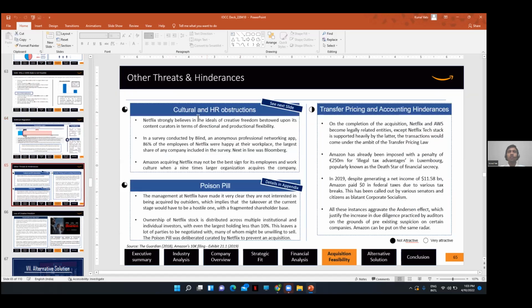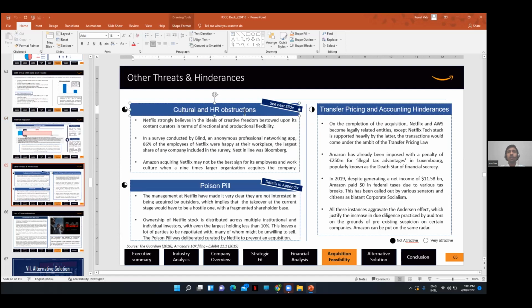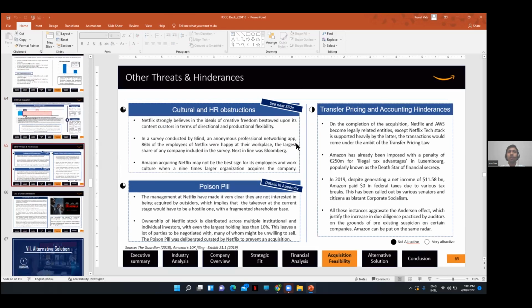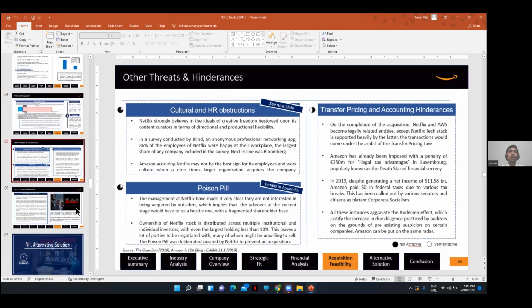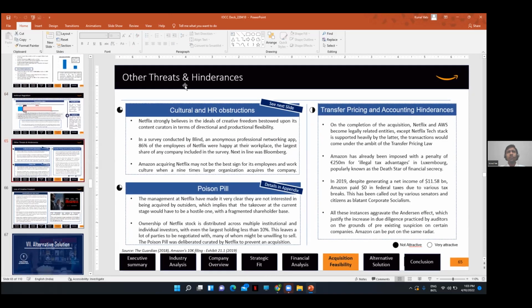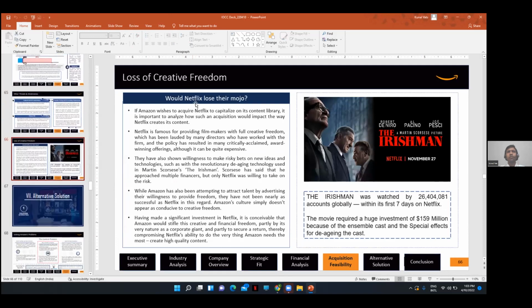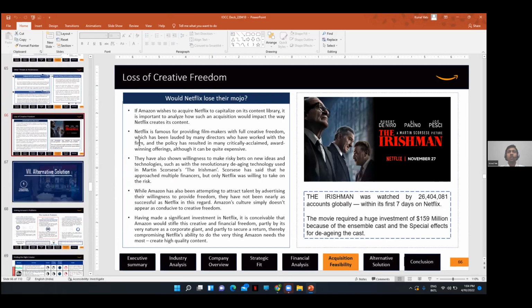Then we had other hindrances regarding Amazon and Netflix culture, which is very different from each other. The poison pill program that I talked about, and transfer pricing and accounting hindrances that will come up if the transaction does happen. Lastly, we spoke about some loss of creative freedom that would happen, considering Netflix provides a lot of freedom to its directors, unlike Amazon, which does create its work in a more cost-efficient and I would say